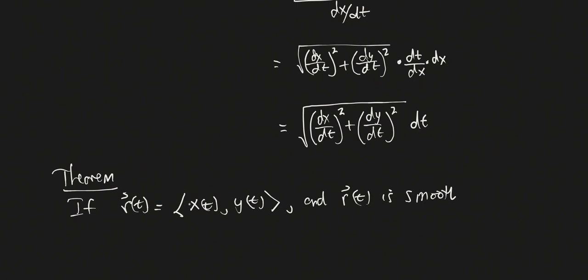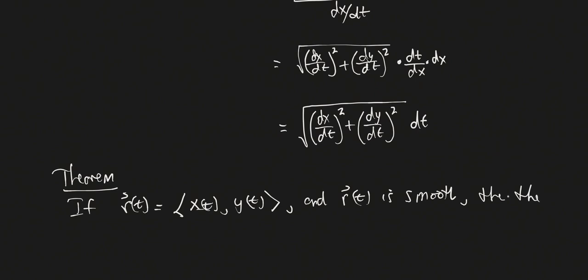It means our derivatives are continuous, and they're never going to be simultaneously equal to zero. So I'll never run into an issue where I might have a zero in the denominator, as long as I assume that my vector function is nice and smooth,